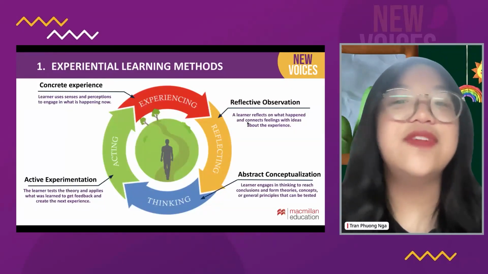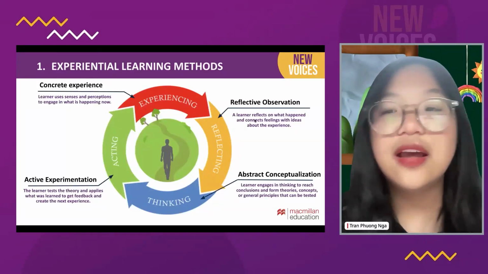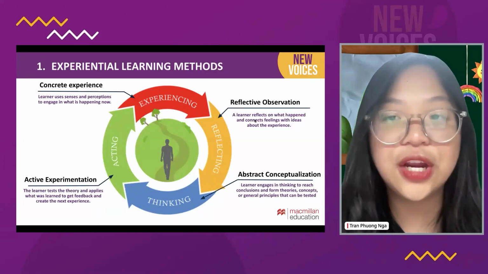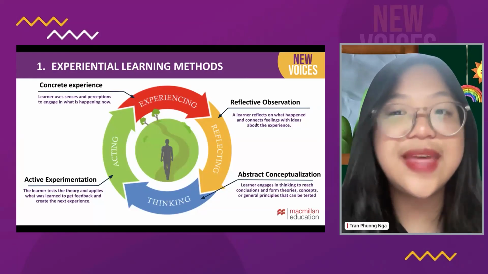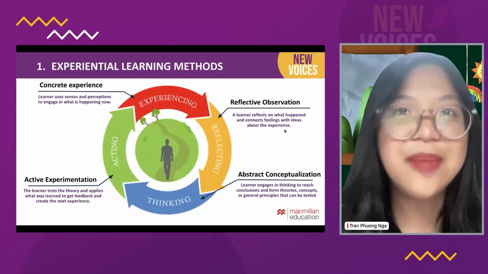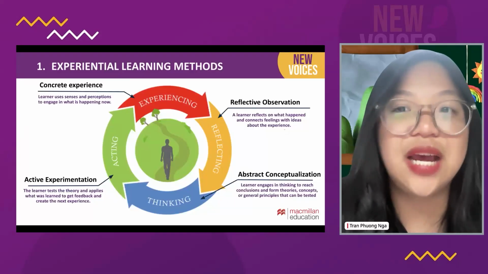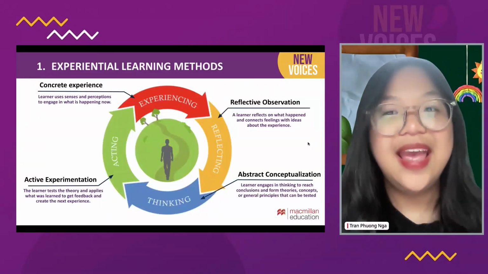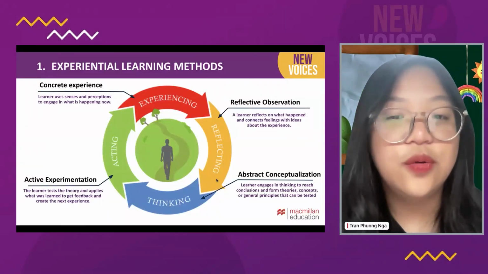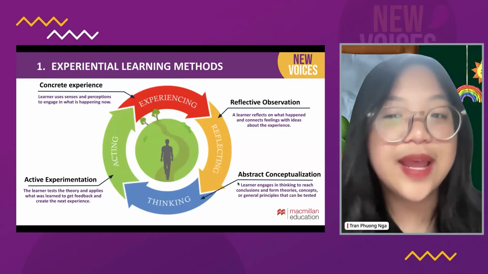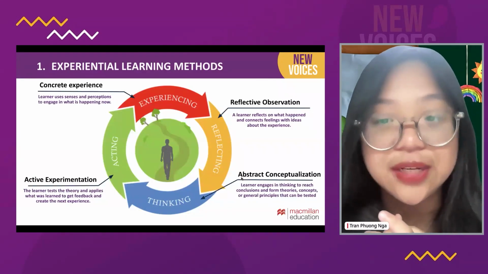It's closely like the picture you've seen earlier. So, reflective observation. The learner is going to sit down and think about what happened earlier. They connect their feelings with the ideas about the experience, and that's the time they recall. And I believe that even for us, sometimes we need time to reflect on what happened too, right? And then that is the moment when the thinking process occurs, or another way I say it, abstract conceptualization.